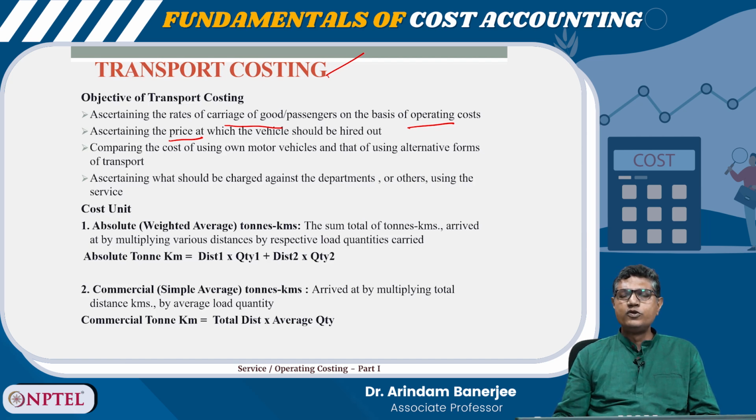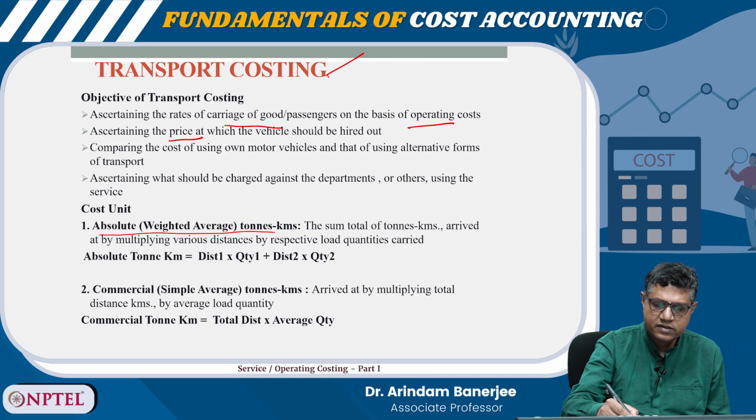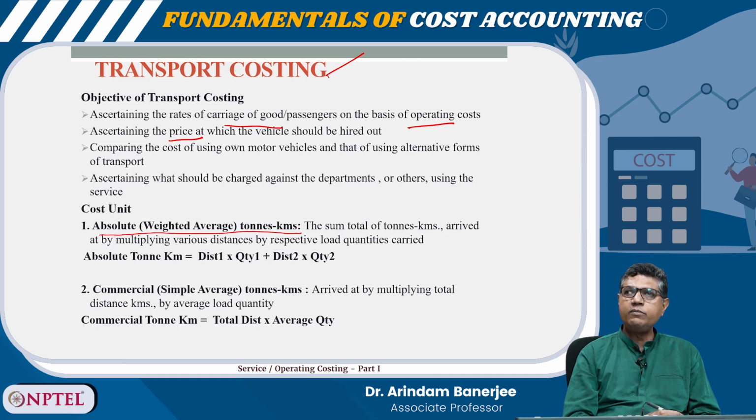Ascertaining what should be charged against the departments or others using the service. Ultimately it boils down to the pricing, right. So, cost unit. What is the cost unit? Absolute weighted average tons per kilometers, right. The sum total of ton kilometers arrived at by multiplying various distances by respective load quantities